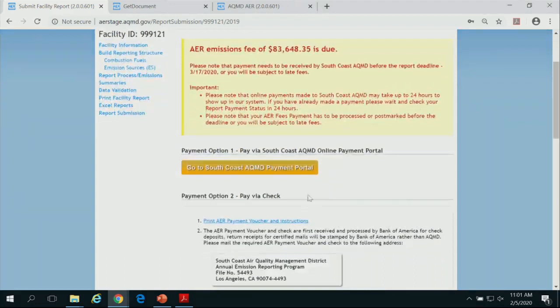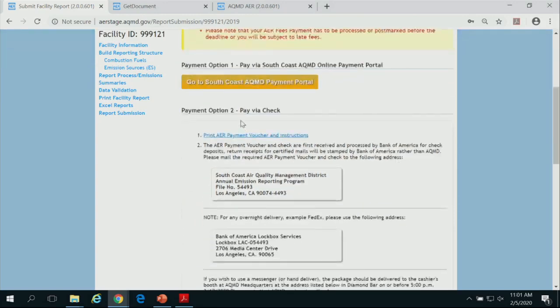But as far as the submittal, the tool provides you 2 options. If you want to submit the payment electronically, you can use this link or this button. Or if you'd like your payment submitted by check as before, it gives you a voucher to print, because you cannot just send a check in. You need to indicate what it's for.